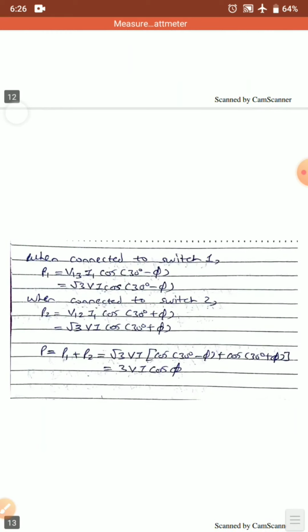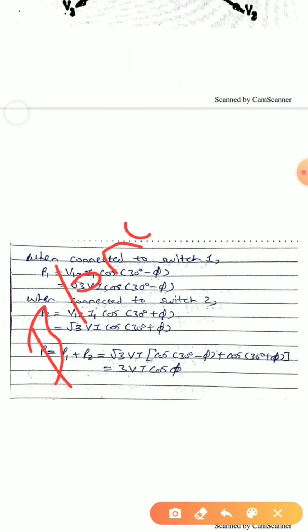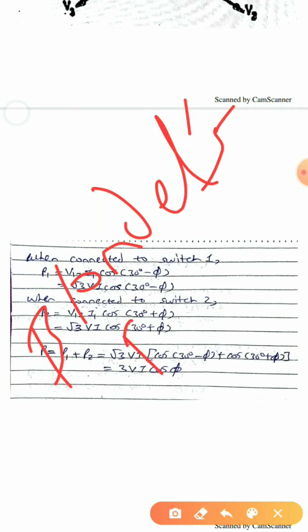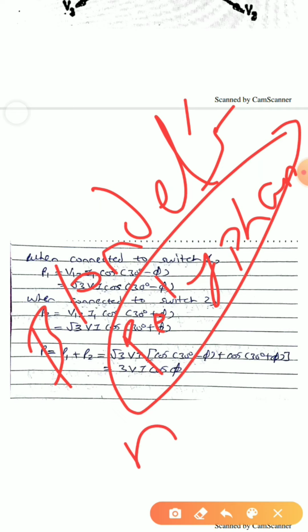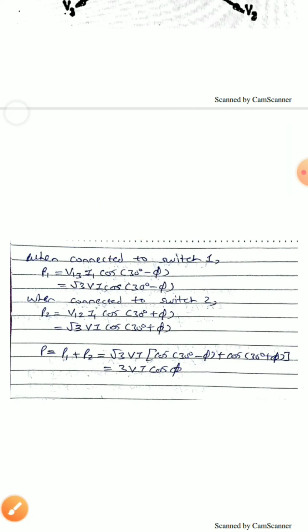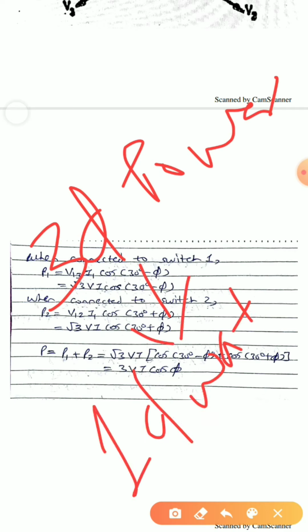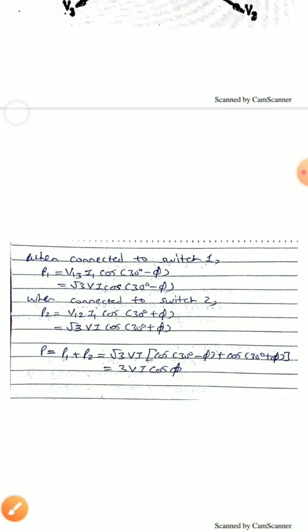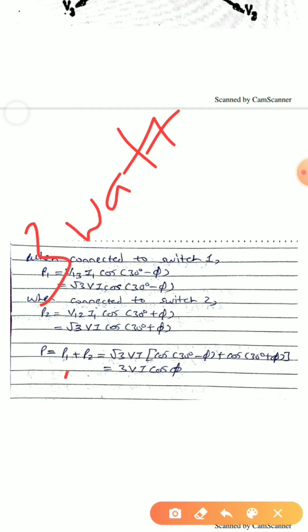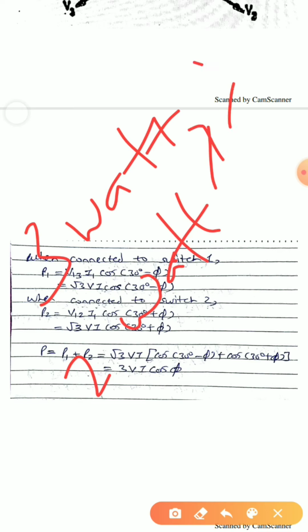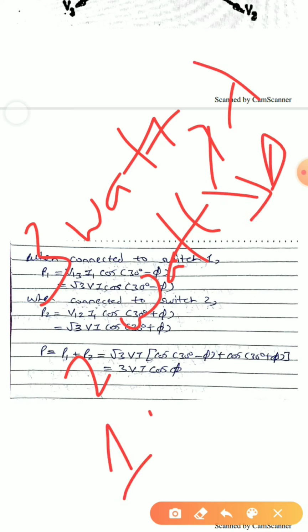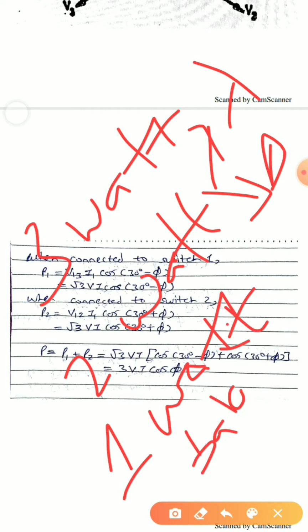So in this lecture we have discussed Blondel's theorem. Blondel's theorem is used when we have to measure power across a polyphase supply. However many conductors there are, that many wattmeters are required. That is Blondel's theorem. Then we have the measurement of three-phase power using a single-phase wattmeter, that is, I am not using a three-phase wattmeter, I am using single-phase wattmeters. For this I have the three wattmeter method and the two wattmeter method. In the two wattmeter method we have checked for star and for delta. Then I have the single wattmeter method, which can only be used for balanced load conditions.